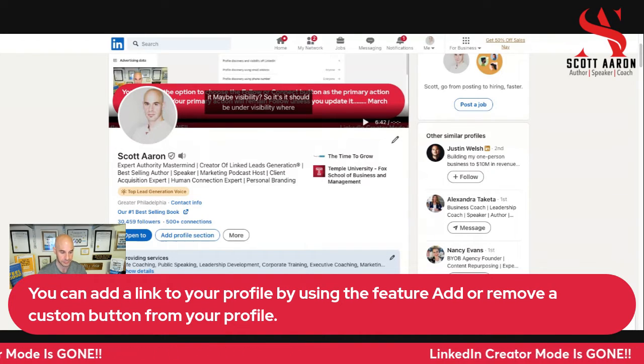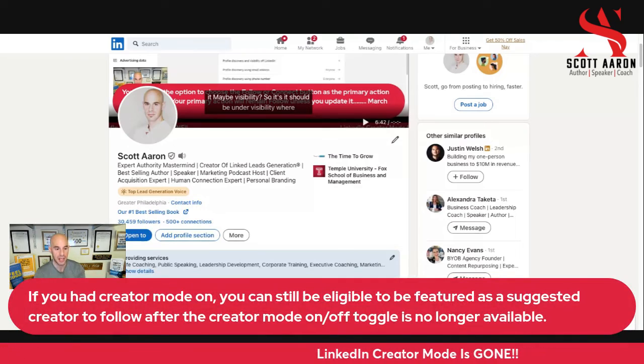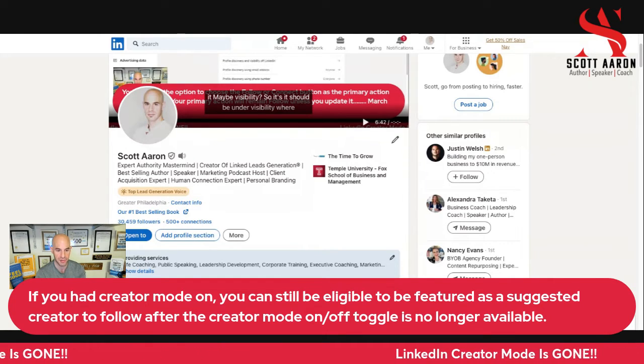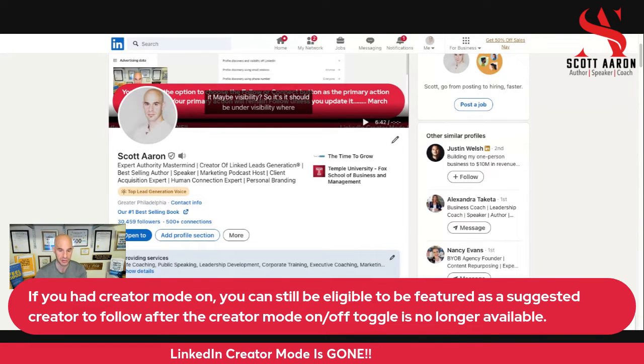Now, the next thing, if you had creator mode on, you can still be eligible to be featured as a suggested creator to follow after the creator mode on-off toggle is no longer available. So what does that mean?